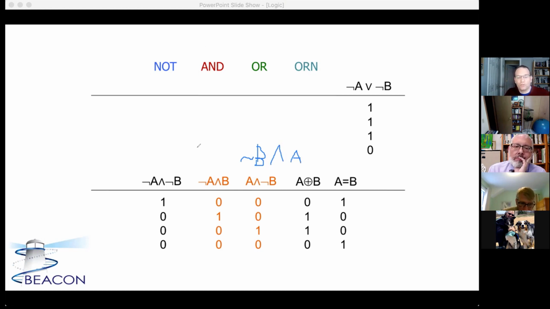Similarly, we could treat this one as B and not A. You can see that these are equivalent statements. In either case, these things are what we end up referring to as the and not. We have something and not the other one. And so we've rearranged things this particular way. The reason why we choose to call this one and not is going to come up in just a moment.